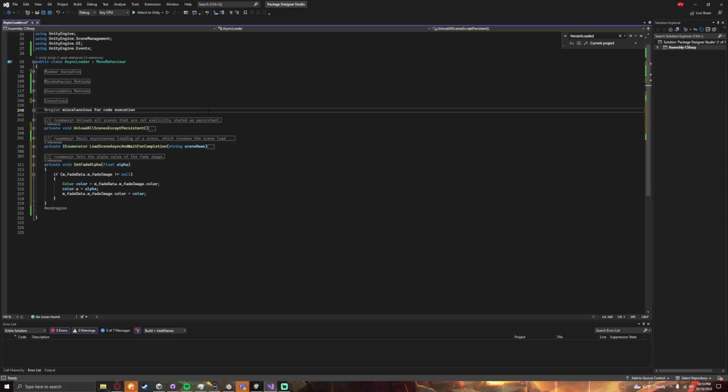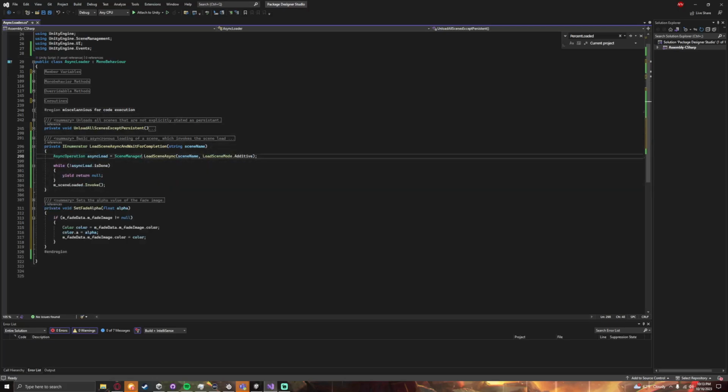It is in this region because it is a smaller part of a greater whole of a method, and so I consider that to be a miscellaneous utility rather than a required part of this method, even though it is the heart and soul of this entire loader, because it uses the load scene async scene manager call